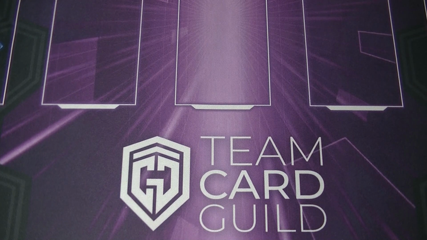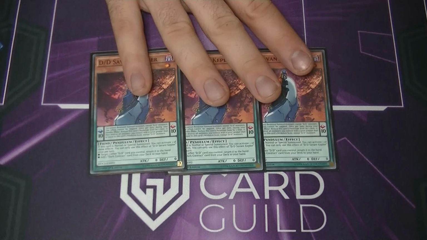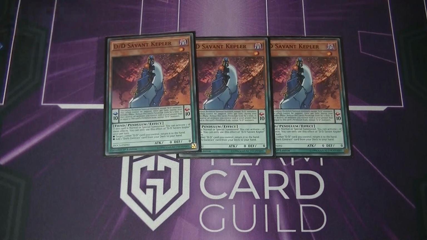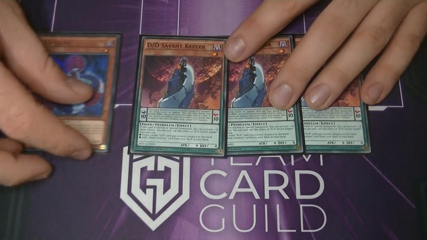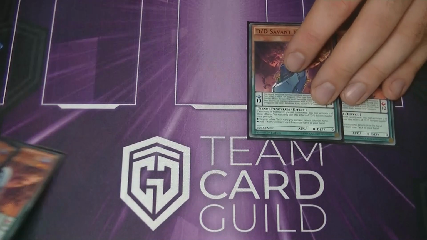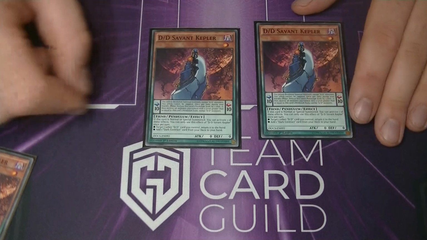Then for the actual Synchro package, I'm playing triple Savant Kepler. I just love this. I see people not playing this, just 3 Gate and Lamia. But I just love the Kepler. Like, first turn, if you see Kepler, you go normal summon, search Gate, search Lamia, you have your entire Synchro play. The turn after, if you still see a Kepler or a Gate, you just search the other and search